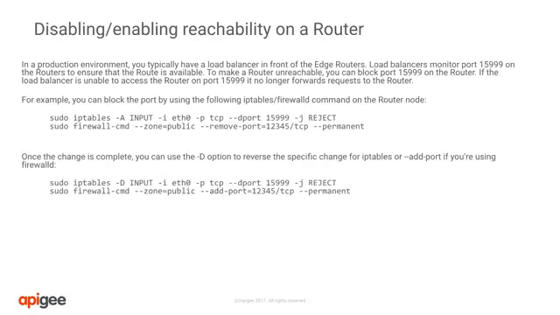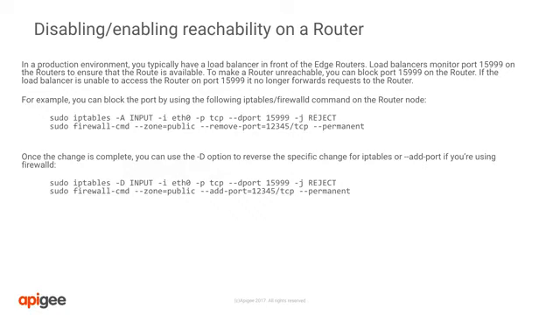The approach taken for disabling the routers and message processors is different. Let's firstly look at routers. Typically, in a production environment, you have a load balancer sat in front of a number of routers. You would configure your load balancer to use port 15999 as the health check port for the routers. If the port becomes unavailable, the router should be removed from the load balancing pool until it becomes available again. An easy way to make the router unreachable is to use either iptables or firewalld to block access to the port as shown.